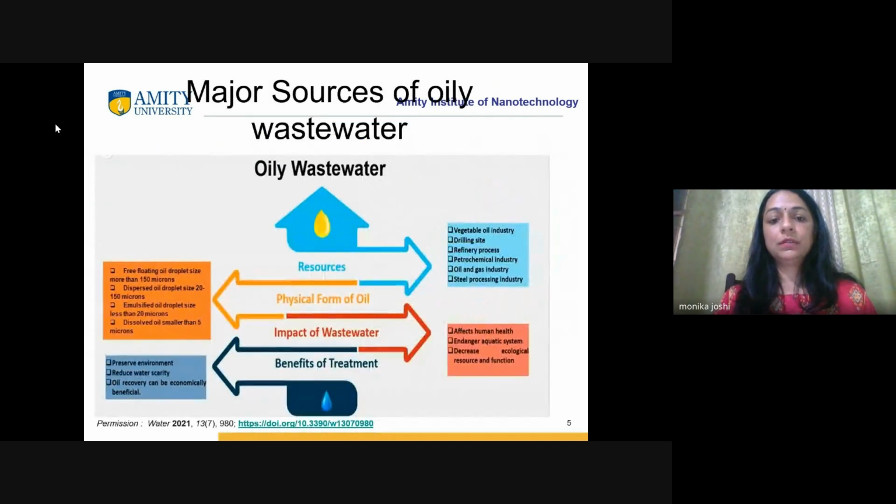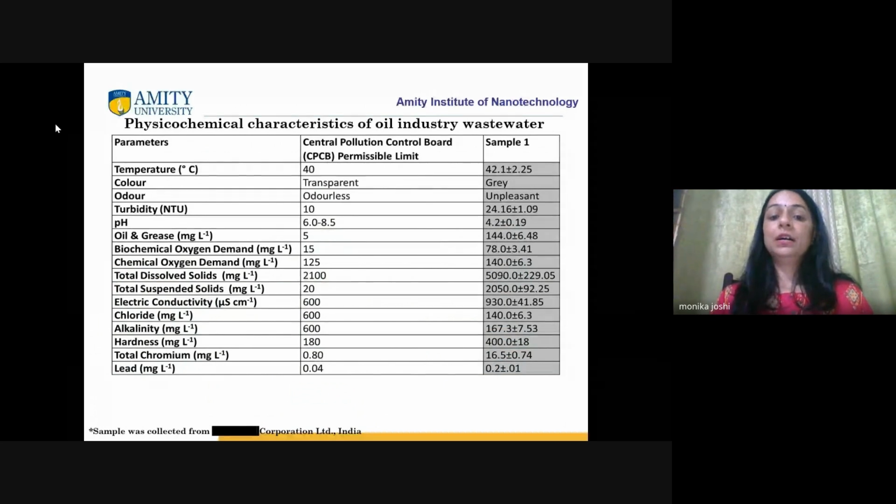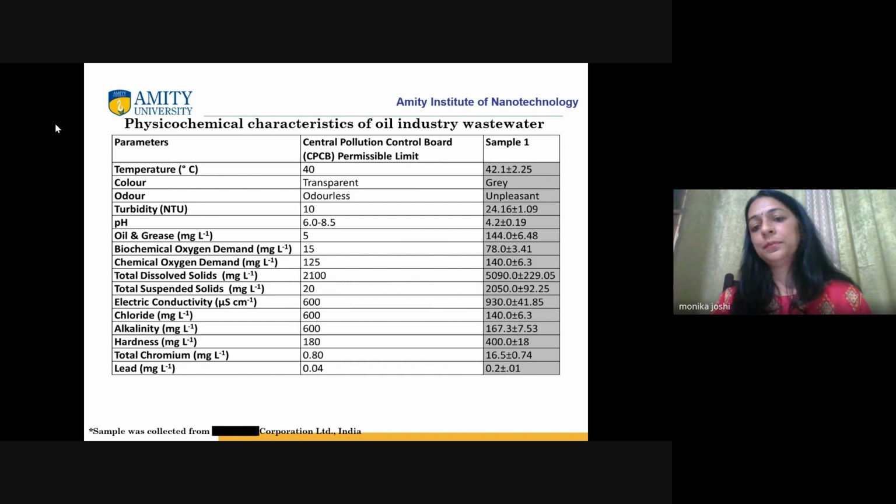Basically, that water we have collected from the oil industry after treatment, along with chemical parameters. You can see the second row and third row, second column and third column, and these are the Central Pollution Control Board guidelines for the permissible limits for discharging the wastewater, but